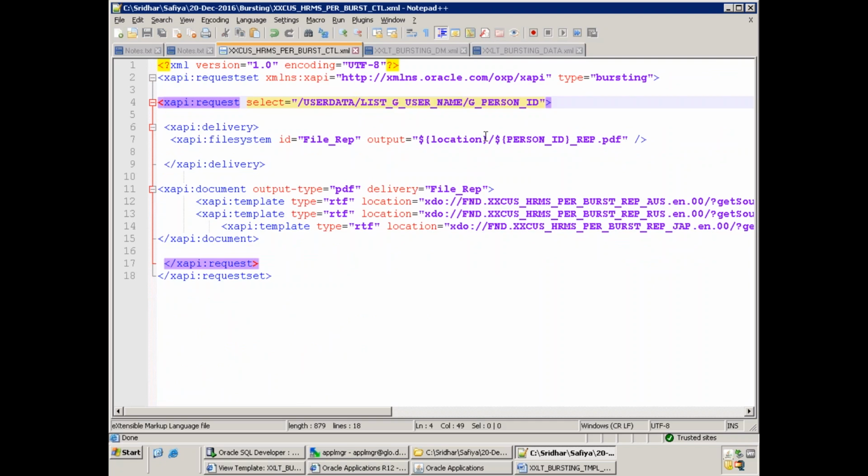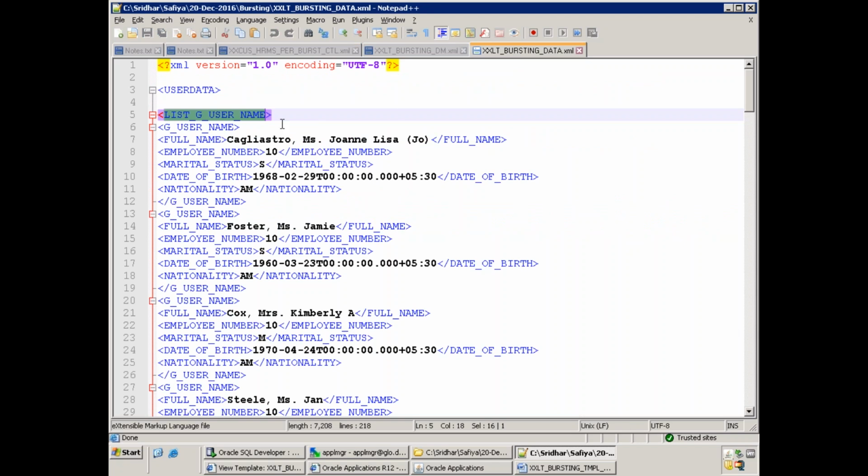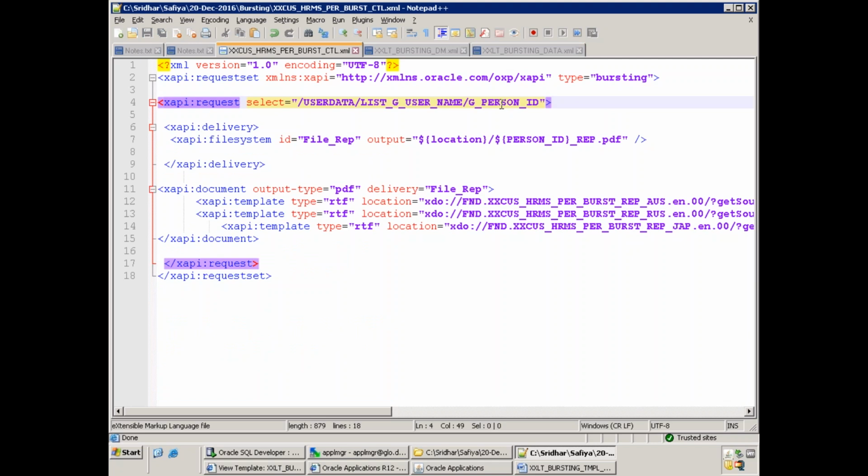And followed by employee name, followed by group name, sorry. The parent tag, the top level tag, followed by list, followed by your record name, right? And now,